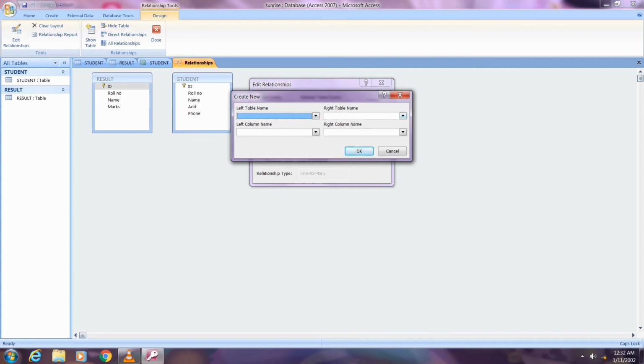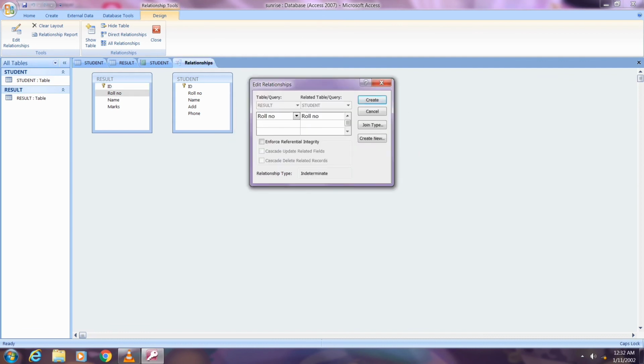Left table name is result, and right table name is student. Left column name is roll number and right column name is also roll number. Now you can see here is a relationship on this window.